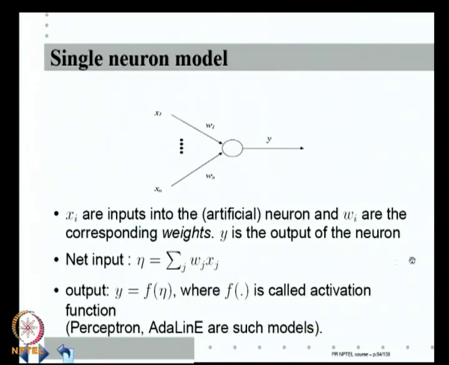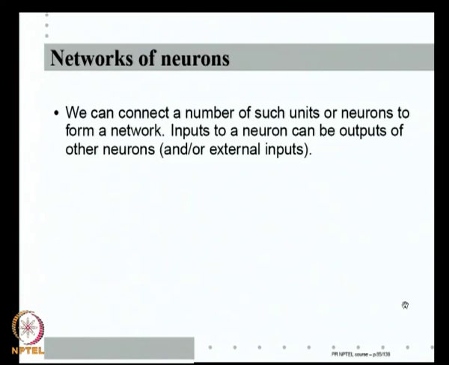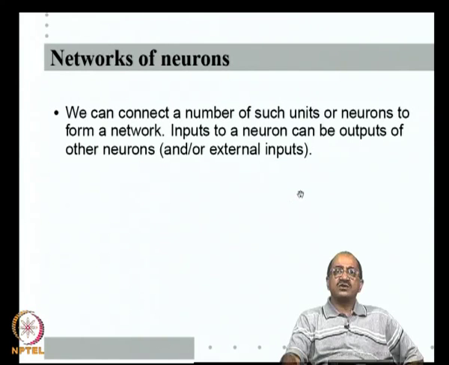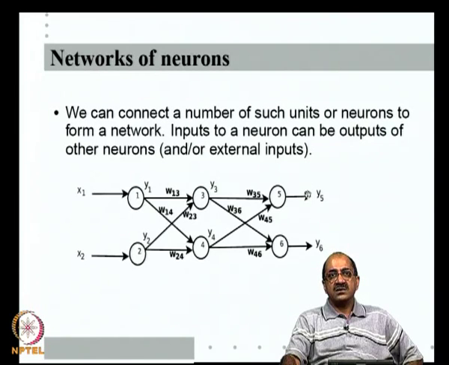At that time, we did not talk of them as neural network models, but these are what we consider as our linear models can be simply thought of as single neuron models. But really the reason why the neural networks are more powerful is that you can interconnect them. We can connect a number of such units to form a network. So, when you say network, what it means is the output of one neuron can become input to another neuron, like this.